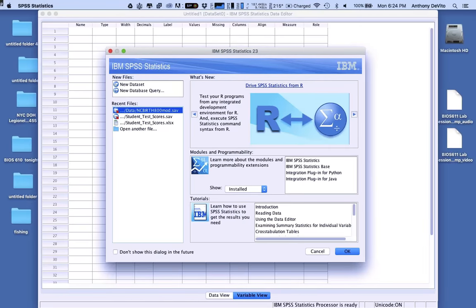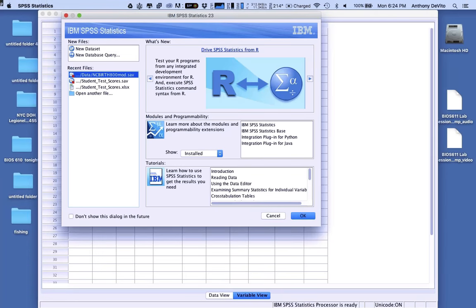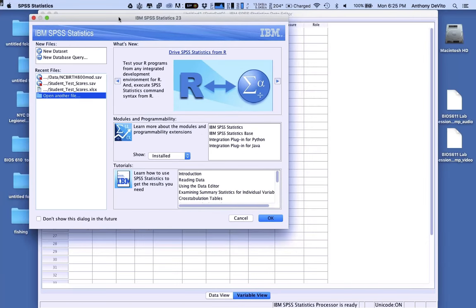Okay, here we go. It opened twice, as a matter of fact. It's got some introductory stuff, like a new data set, and so on and so forth. It's almost like a template window that opens up in Word or some other programs. If you don't want to see this again, you can just click that and say OK, and it won't come up the next time you